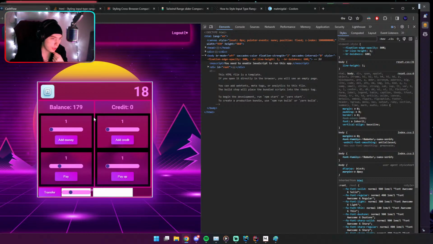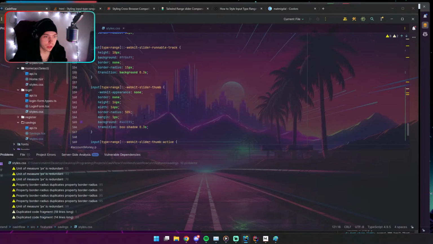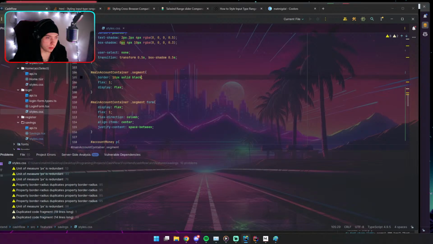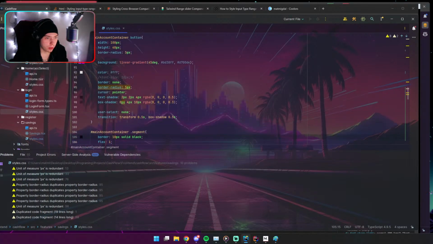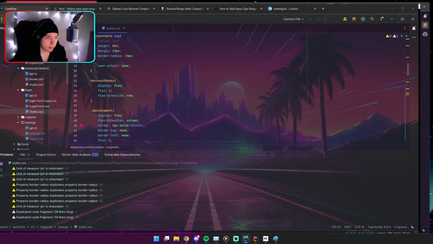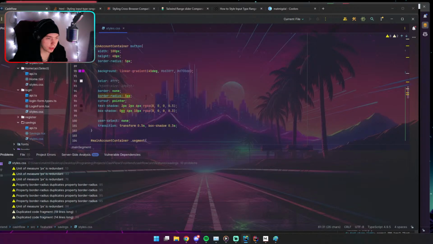So like this pinkish. Sometimes it's hard to imagine things. Right here, we're displaying a 10 pixel solid black border. But what we can actually do is border bottom, copy this,